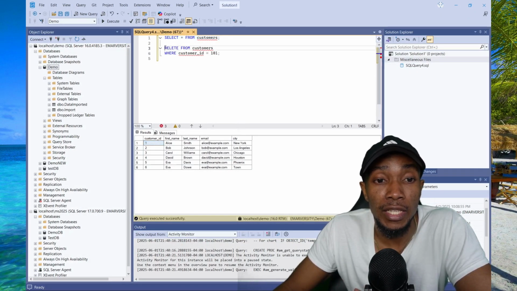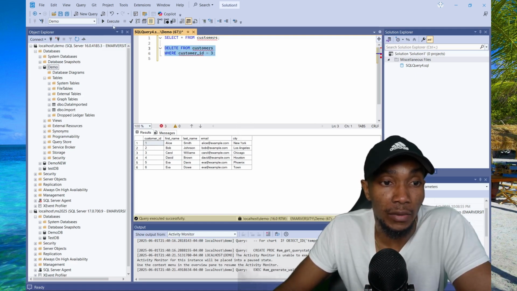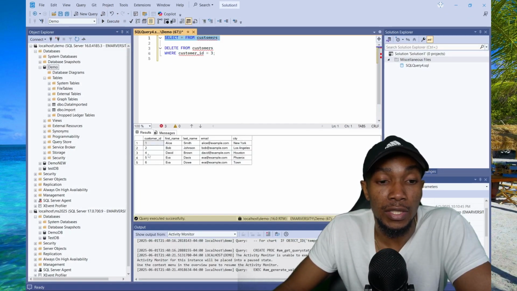So here I have the delete command, delete from customers, right? And then I'm narrowing it down based on the customer ID, which is unique. So it's 1, 2, 3, 4 up to 6. So if I only wanted to delete Coral Williams, then I'll specify the ID of 3 to delete that customer. So if I execute this delete statement, now let's execute the query to view the data,